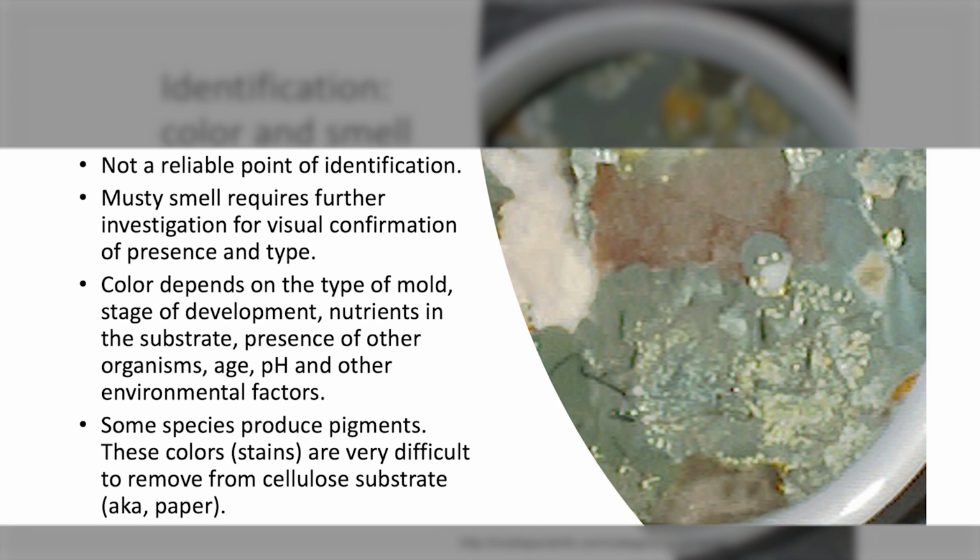These characteristics depend on the substrate, paper for example, that the active spores are consuming. While a musty odor or certain odor isn't a reliable way to identify a specific mold species, it should signal a need for further examination of the area. Some of the variation that we see in mold types can depend on external environmental factors, and identifying specific types of mold should be left up to the mycologists.